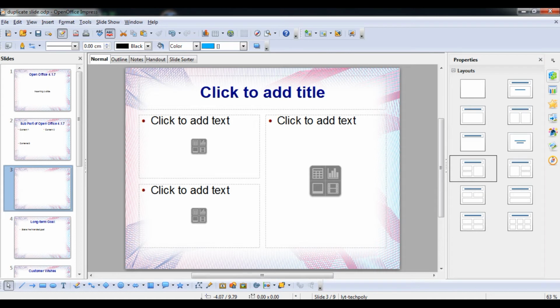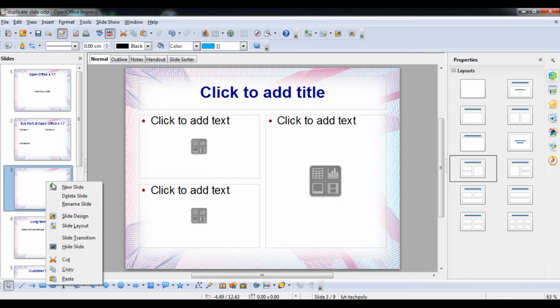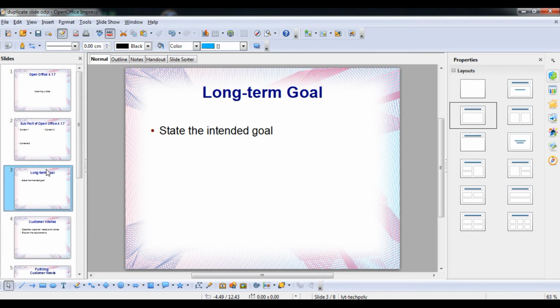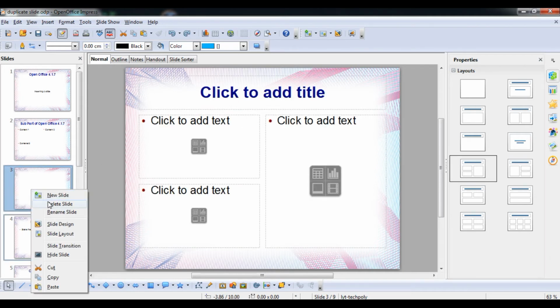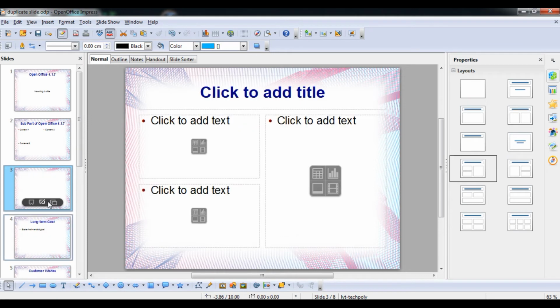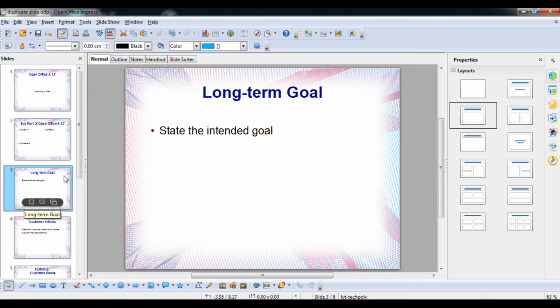Okay, and now we are talking about the next topic, how to delete a slide. So to delete a slide, I want to delete this particular third slide, which is empty, which is nothing. Right click on this, and now you can see the delete slide option. If you click on delete slide, the slide will be deleted. Now you can see that in the place of the third slide, the long term goal slide has come. Earlier, if I press Ctrl Z, it was blank. Okay, so right click on this and delete the slide, or you can directly delete it by pressing the delete button. Okay, understand?